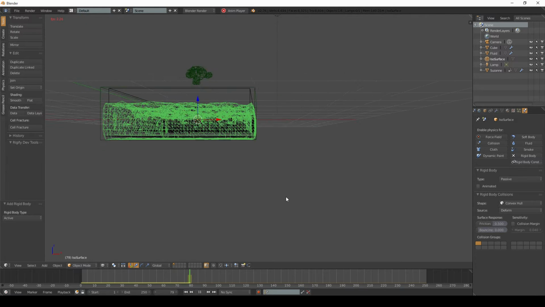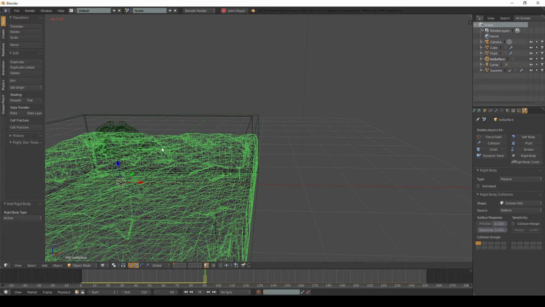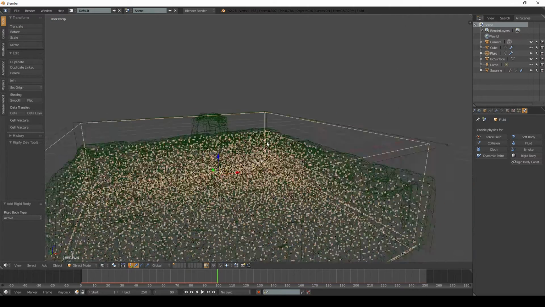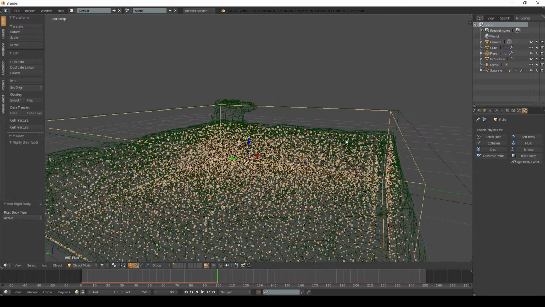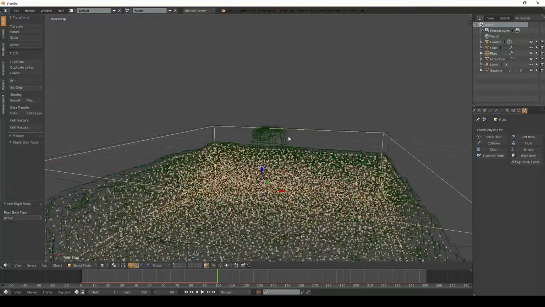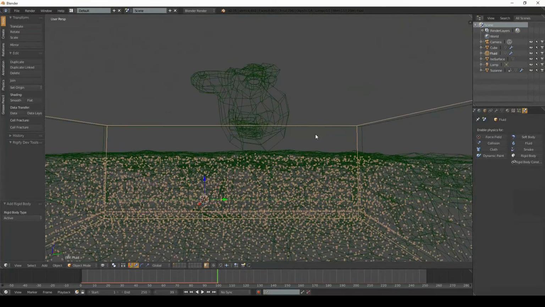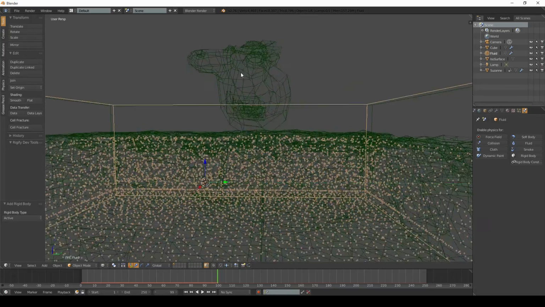So now let's see what happens. And yeah, so as you can see, whoops, the monkey is not sinking down, and that's because it doesn't reach the particles. It just reaches the surface, because the surface is reaching out farther than the particles. So to fix that,